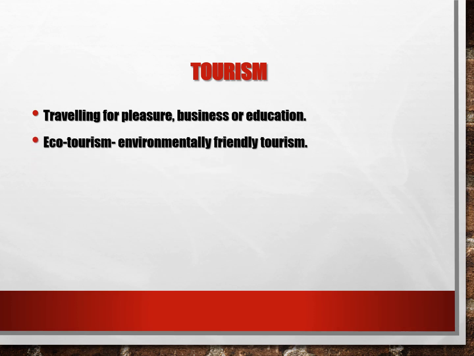We also define the term ecotourism. Ecotourism, eco here means environmental. So ecotourism is a kind of tourism that is environmentally friendly, where as you enjoy your tourism activities, you have minimal negative effect on the environment, or you are still taking care of the environment as well. Now, it is characterized by these features.